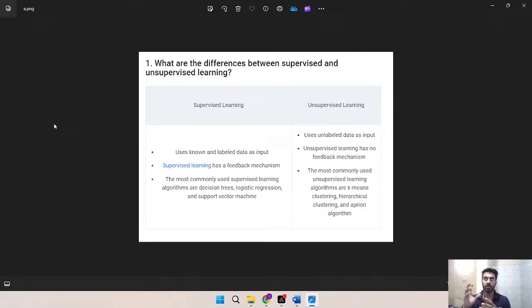Suppose you get some error, then you say that the model has a high error, so you have to backpropagate. At the time of backpropagation, the weights will be reinitialized. In deep learning the weights are reinitialized, and in linear regression or logistic regression there is an algorithm where you have a gradient descent curve.